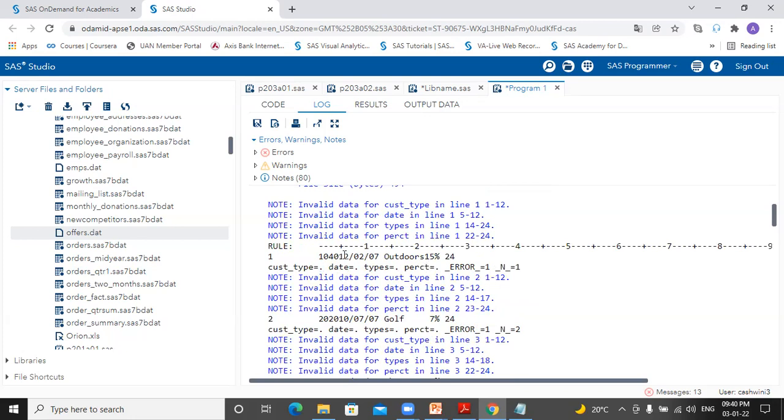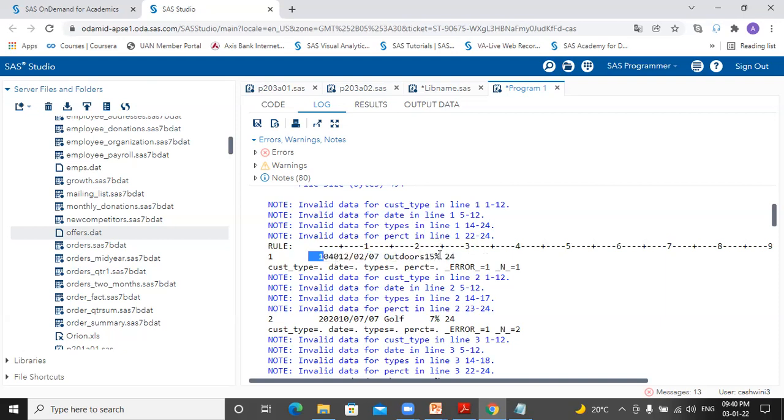All right. So this cust type, it's starting from column number 1 till column number 4, correct? So this is the imaginary ruler which is coming here in the backend for us in the memory, where SAS is reading this observation. It's column number 1, 2, 3, 4, 5. This is 10. This is 15, 20. Okay, so this is the ruler for us in the memory for your raw file.